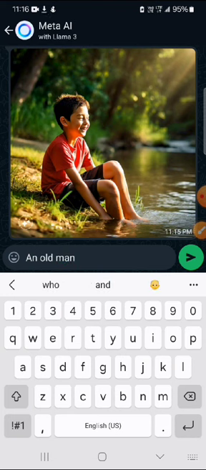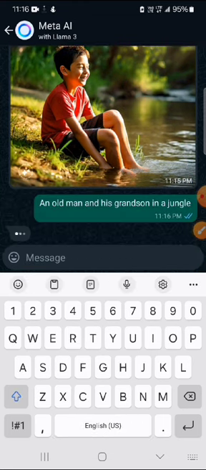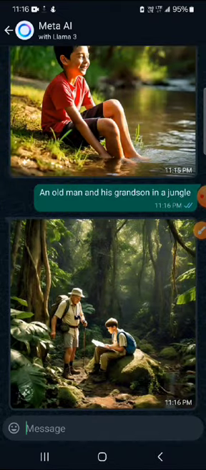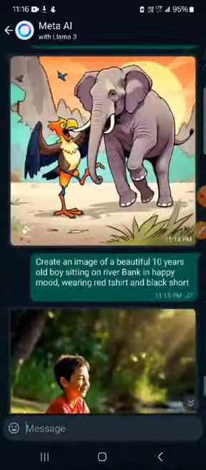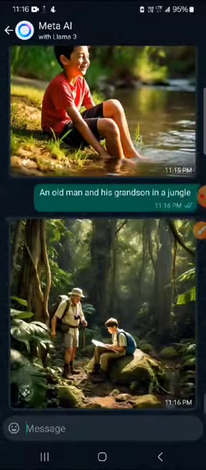Now I will create another professional picture. An old man and his grandson in a jungle. And you can see the magic. You can see Meta AI creates a professional picture for us. So in this way you can create